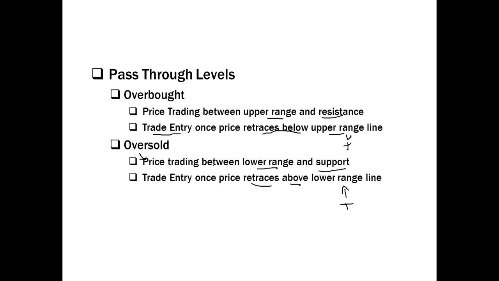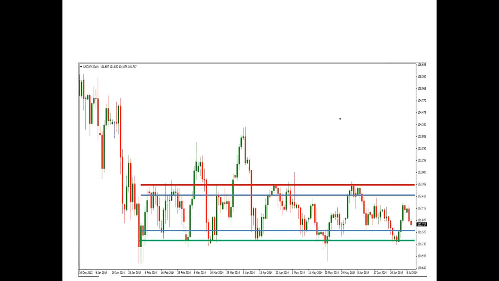I often tell people, when they ask me, Steve, do you use things like stochastic or RSI or CCI? Do you use these types of things to identify overbought and oversold levels in the market? The answer more often than not for me is no. I don't really need those types of indicators to identify overbought and oversold levels because the price is really what tells the story. For example, one of the things I like to bring up to students is if we go to this next chart in here,